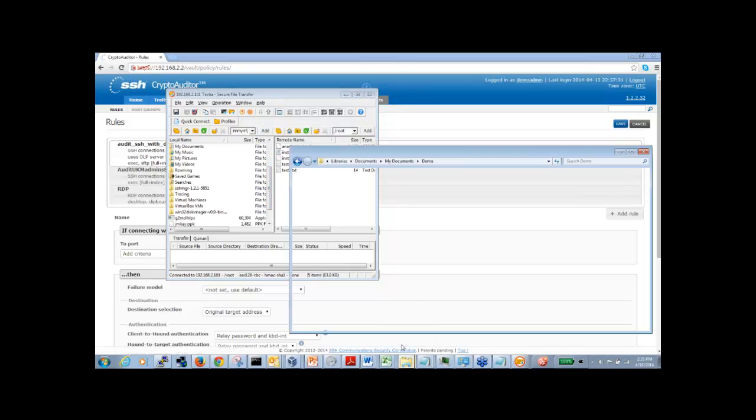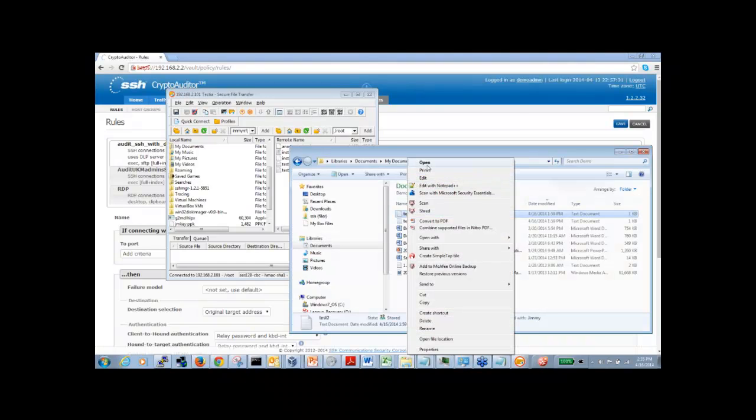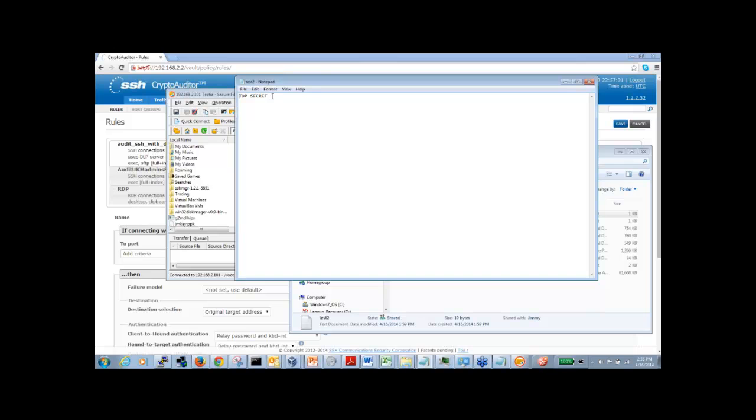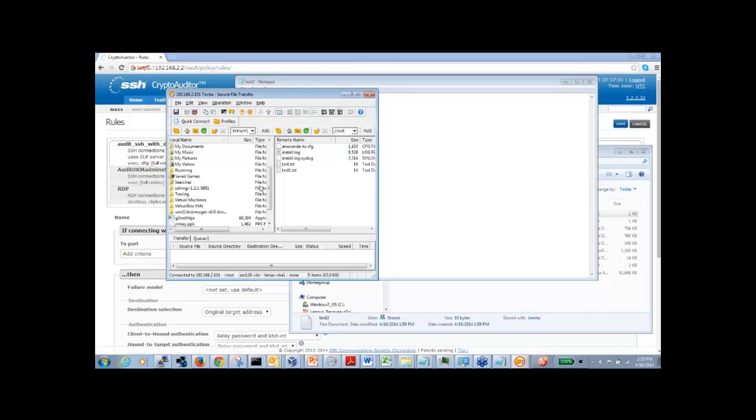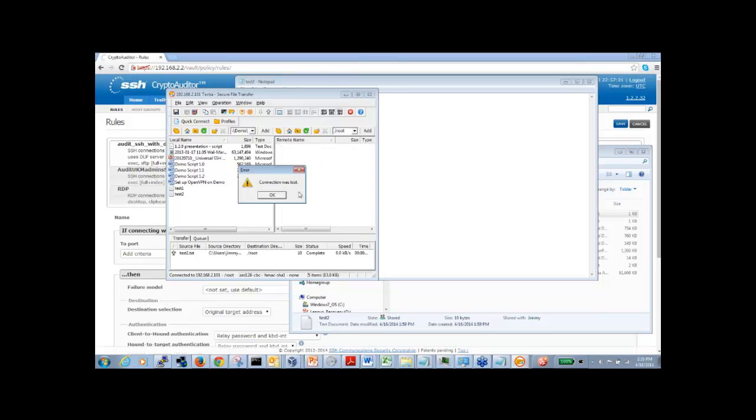Let me show you the contents of that test2 file. This one actually contains the words top secret, and I already have my DLP set up to block anything with top secret. Obviously, if your DLP is set up to block any transfers of credit card data, then it would capture this transfer. Right now, you see where my connection was lost. Basically, it determined the contents of that file had information that should not be transferred out, so it disconnected the whole session at this point.